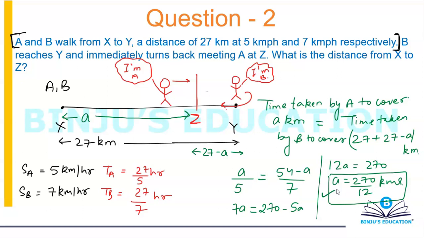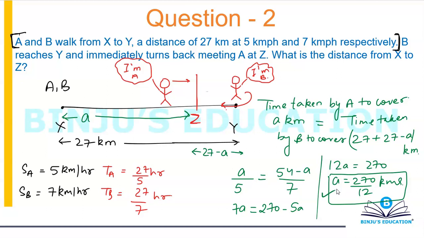Now, if you had gone the conventional way, you would have been like, okay, when B reaches Y, how much distance would A cover? First you'll calculate that. Then what is the distance between A and Y when they both start walking towards each other? Then you will use the concept of relative speed. The two things are moving towards each other, and the time taken for both of them to meet is equal to total distance between them divided by the sum of their speeds, and so on. No, don't do that.